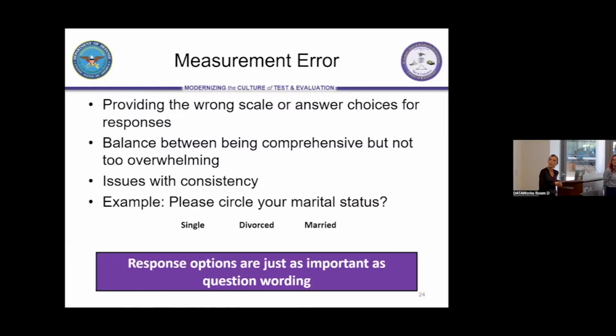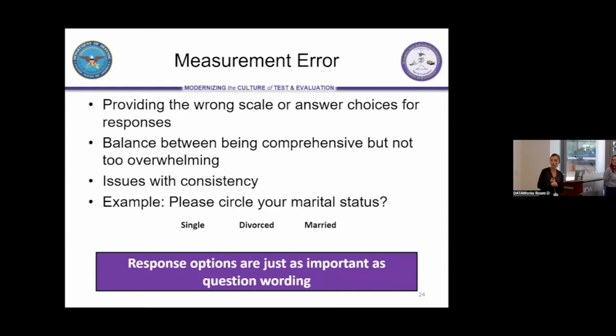Okay, so measurement error. I've mentioned this a few times already, but it's providing the wrong scale or answer choices for the respondent. It's a balance between being comprehensive and including everything that they might feel or how they want to answer, but then also not making it too overwhelming or having too many options to choose from. So sometimes there can be issues with consistency